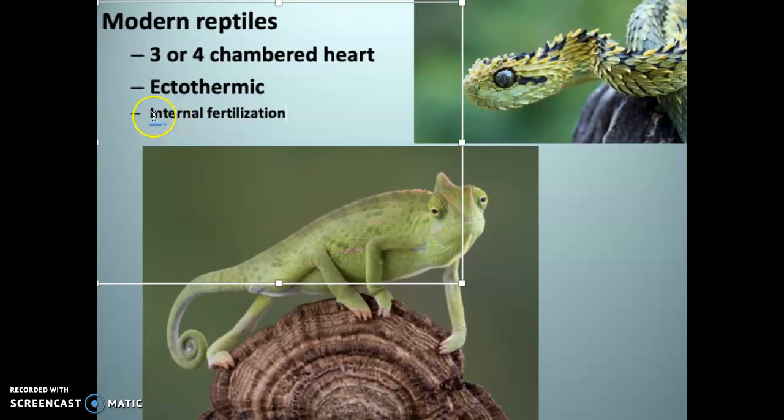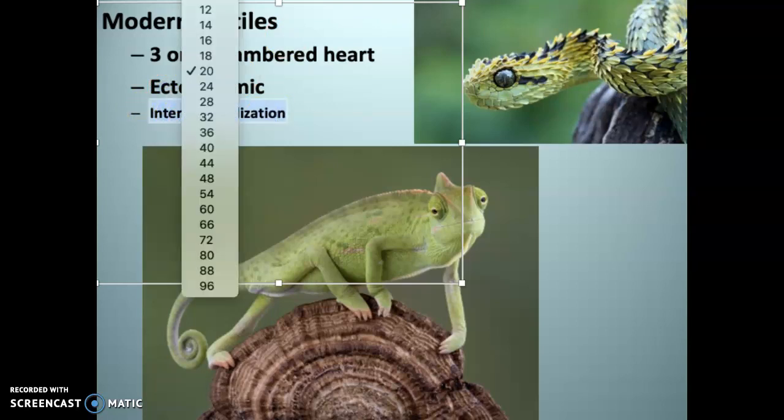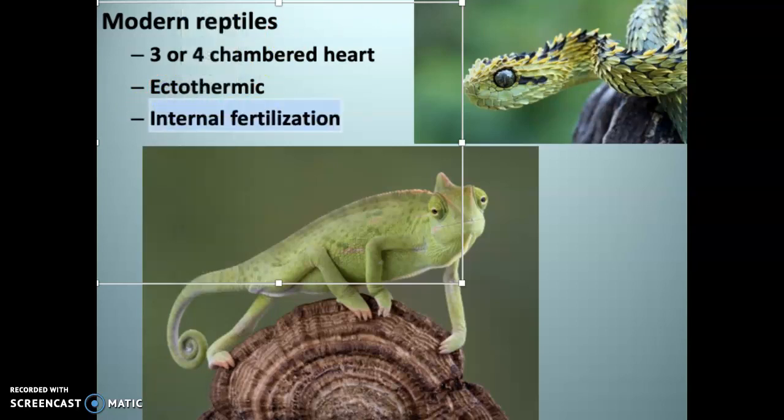And modern reptiles use internal fertilization. So now egg and sperm combine inside the female, creating the embryo. She forms a shell around it. She lays the eggs. Typically they leave. Frogs, amphibians, most of them, use external fertilization. Squirt the eggs into the water, squirt the sperm on top of it, let it go. Hopefully it works. Okay, again, there are always